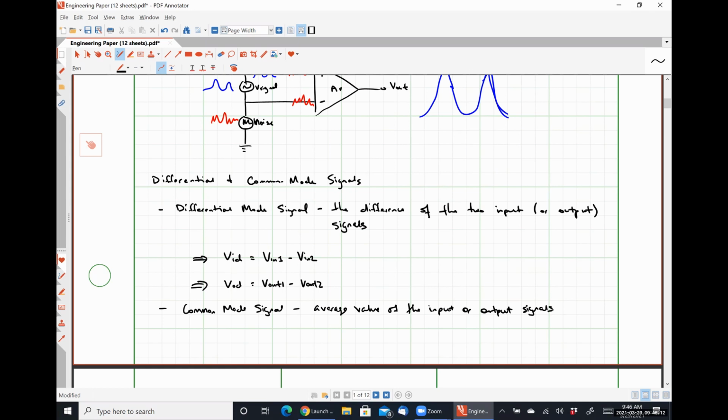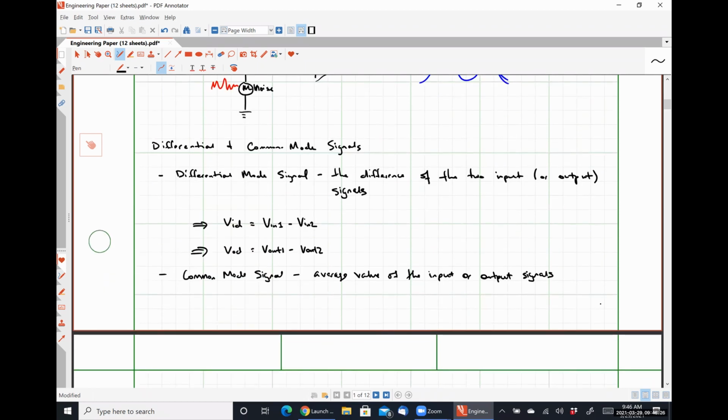The reason why I prefer to look at it as an average value is because we may not always actually apply an input to our second input terminal. We might be referencing something with respect to ground or something like that, or a specific DC voltage. So we could say that VI common mode is VN1 plus VN2 over 2, and Vout common mode is Vout1 plus Vout2